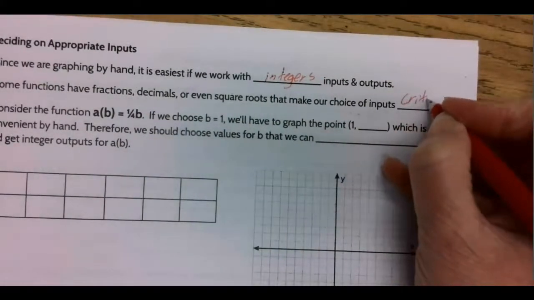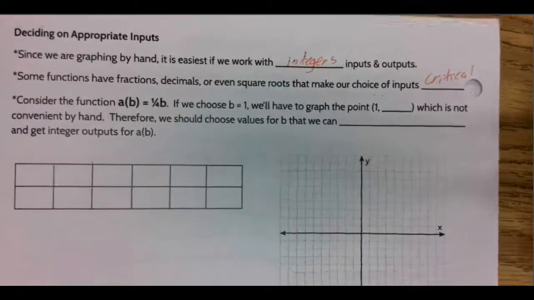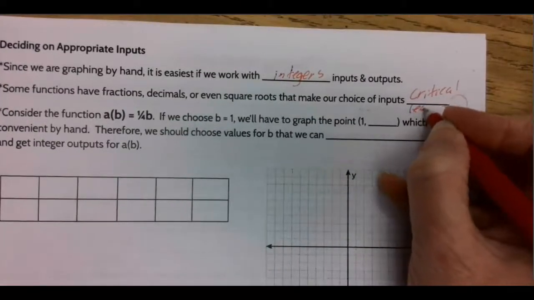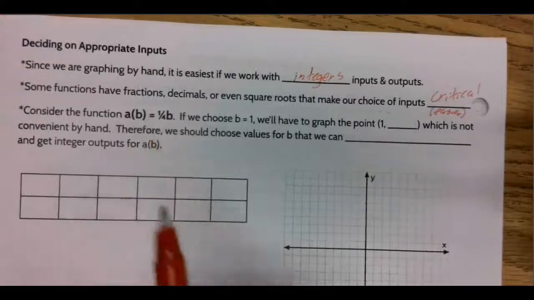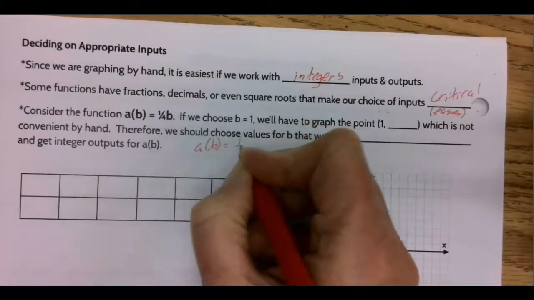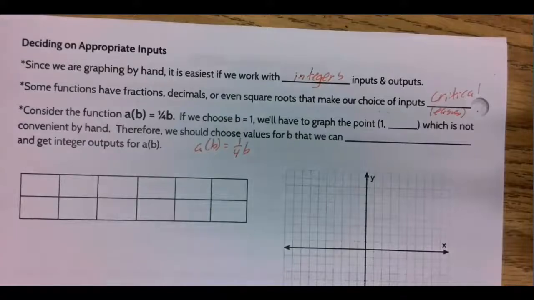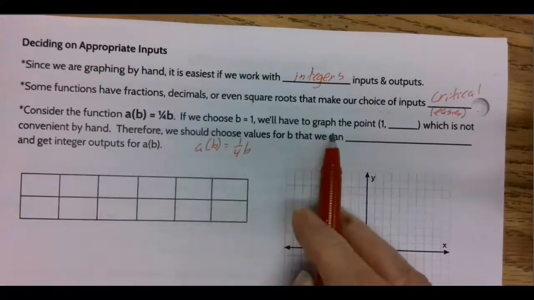Or just easier. It's not critical. Nobody's going to get hurt by it. But it sure does make it easier. I would actually say easier. That's my opinion. Okay? Consider this function right here. And that function, I'm going to rewrite it because I don't like when things are slanted for fractions. 1/4 b. Okay? If we choose b is equal to 1 and we plug that in, we're going to get